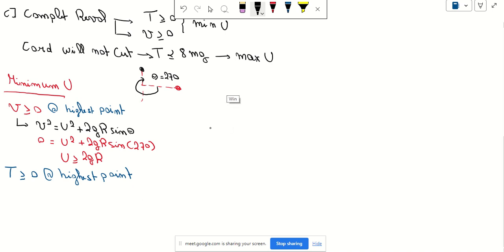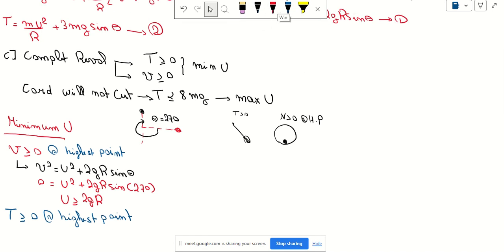If you are dealing with this case, it's at the highest point. T greater than 0 at the highest point. If you are dealing with this one, N greater than 0 at the highest point again. Okay, so again to our question, you will find that u,